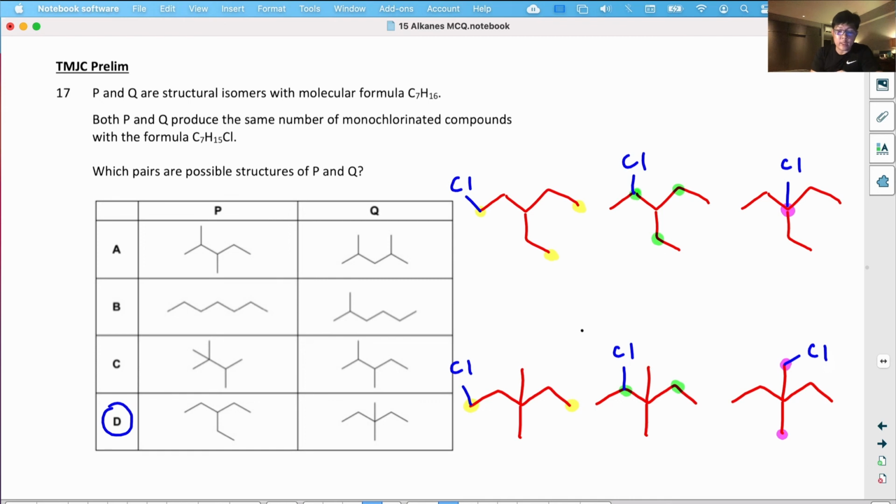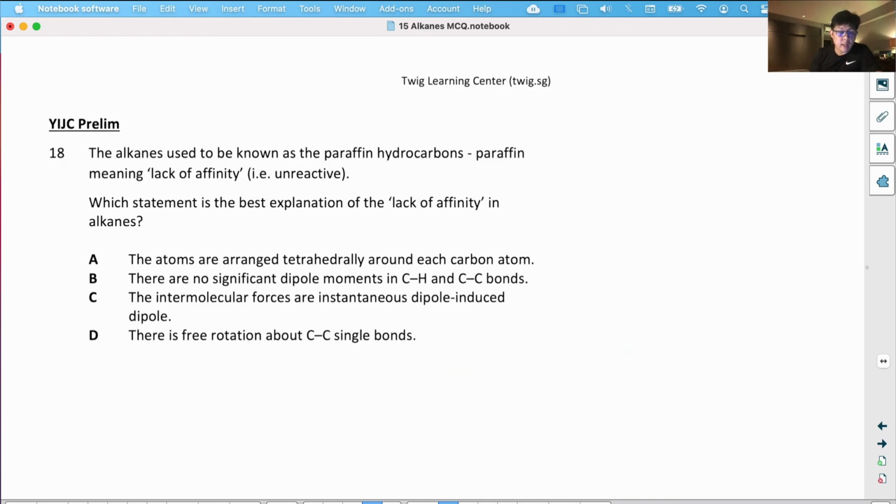The rest don't give the same. Okay, let's try the next question, 18. Alkanes are known as paraffin hydrocarbons, paraffin meaning a lack of affinity. So they are kind of unreactive. And one of the reasons why